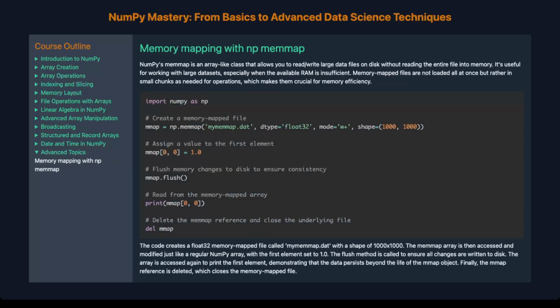Memory mapping with np.memmap. NumPy's memmap is an array-like class that allows you to read and write large data files on disk without reading the entire file into memory. It's useful for working with large datasets, especially when the available RAM is insufficient. Memory-mapped files are not loaded all at once, but rather in small chunks as needed for operations, which makes them